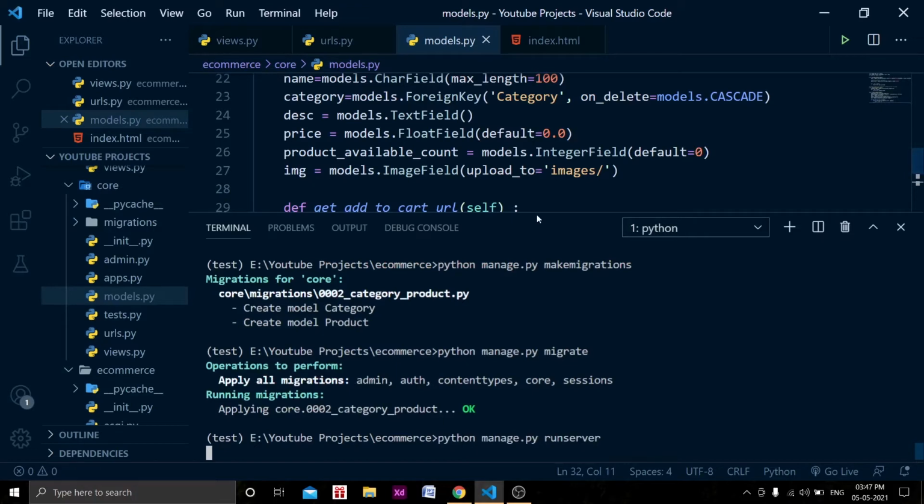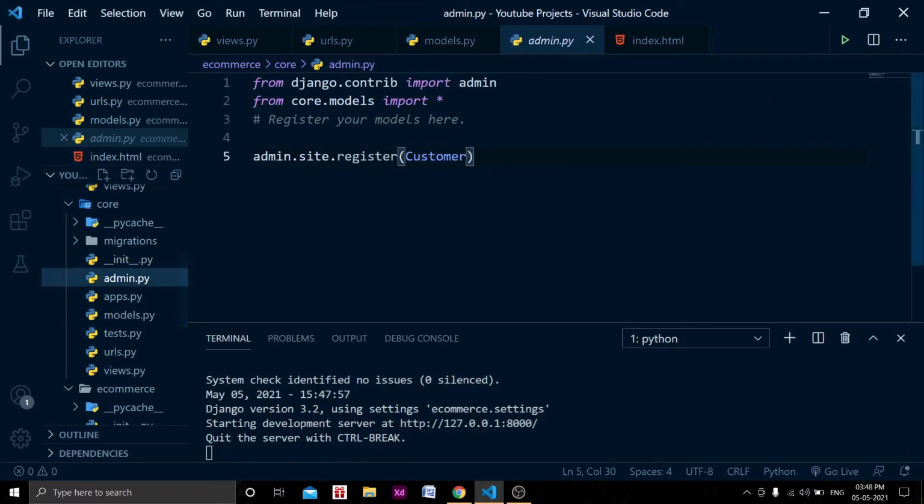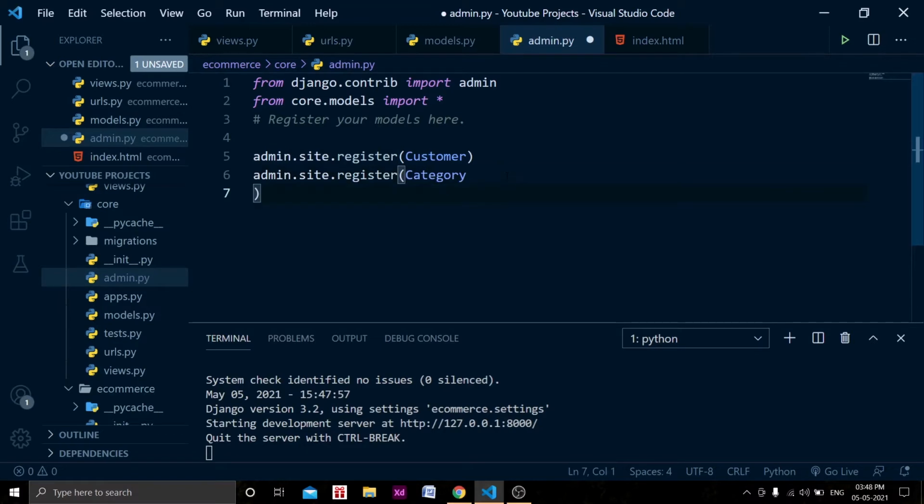Okay, and on the admin side, in the admin.py file, we need to add those models, right? So admin.site.register, that model was category, and similarly admin.site.register, product was there, right?